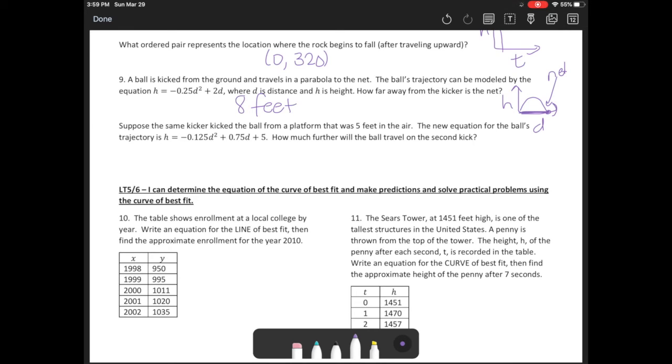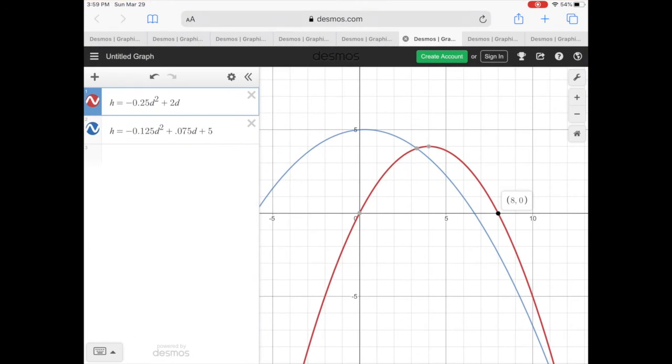All right, suppose the same kicker kicked the ball from a platform that was 5 feet in the air. The new equation for the ball's trajectory is h equals negative 0.125 d squared plus 0.75 d plus 5. How much further will the ball travel in the second kick? So you're going to see that the second equation is going to be like this. So you're looking at this spot versus this spot, okay? So if it's how much further,